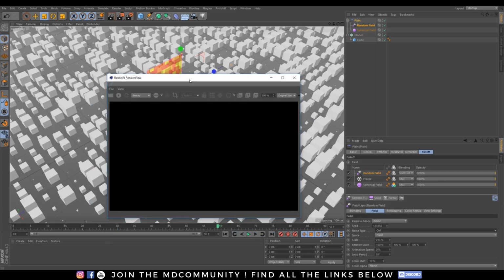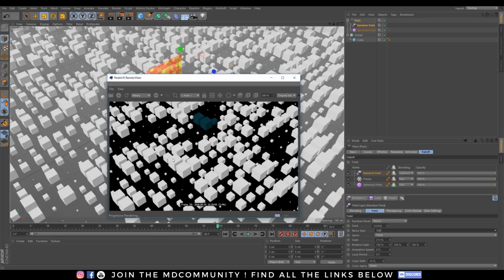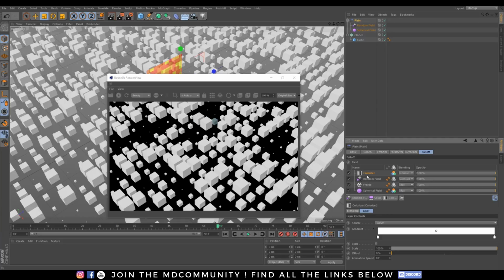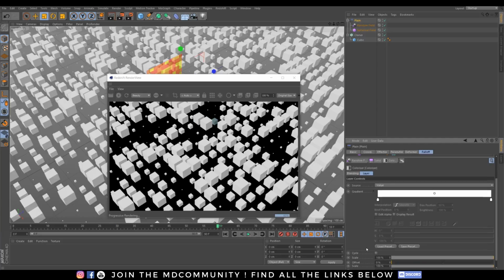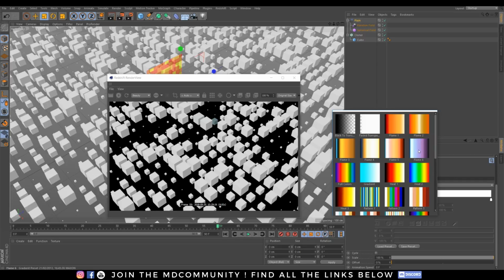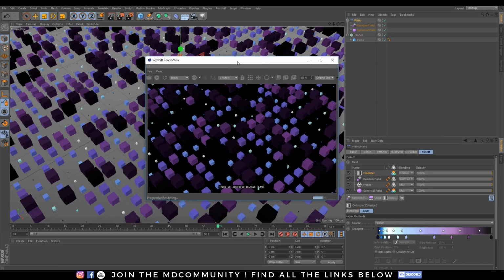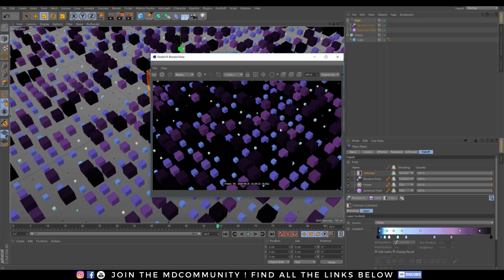Let's open the Redshift Render view and let's start Redshift. Okay, I will not use Redshift too much today, but I want to show you that you are able to get the R20 colors inside the node. So how do I do this? I can go inside my falloff and let's take for example one colorizer. Let's set the gradient to something cool. Let's take flame. I have my color right there, but it's a C4D shader. It's pretty bad and I have no glossiness or anything.